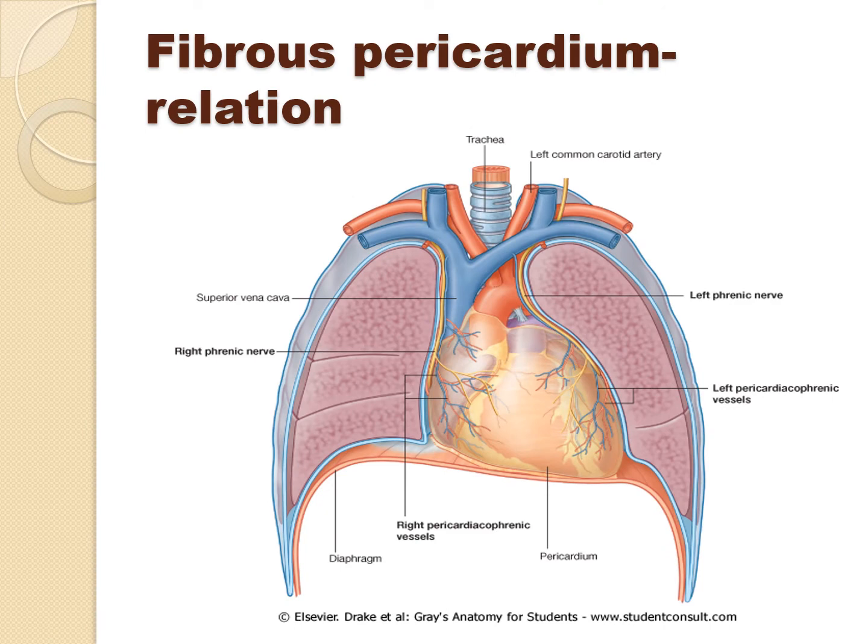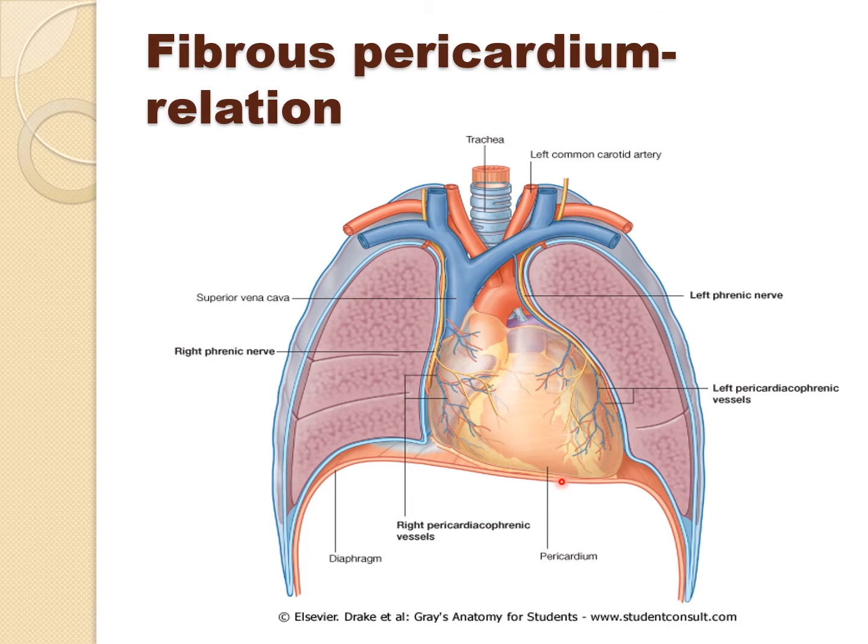Relations of the fibrous pericardium. In front, it is separated by the anterior margins of both lungs and the pleura. Below, there is the left fourth costal cartilage. Pericardium comes in direct contact with the left half. So these are the inferior relations. Now before puberty, occasionally remains of the thymus gland intervene between the thoracic wall and the pericardium. These are the relations in front of the fibrous pericardium.